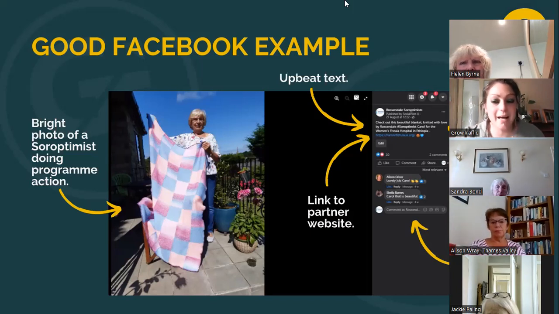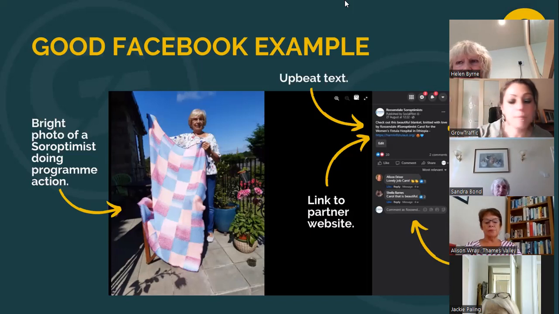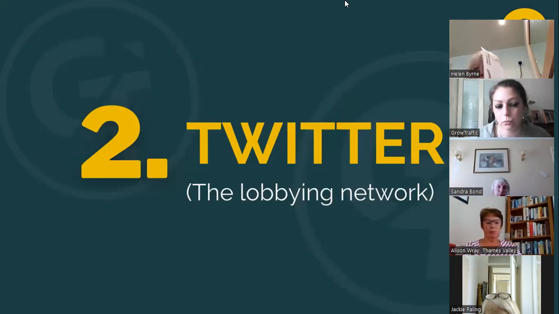We've got a hashtag in there. We've got a link to the actual Fistula Clinic, which is the one we're raising money for, so we're raising awareness and tagging those people in it. What would have been even better was putting that link in the comments, so that we're not sending people off Facebook. But it's not bad. It got some engagements, some comments, and some loves as opposed to just likes, which is really good. So on the whole, it was a reasonable Facebook page.